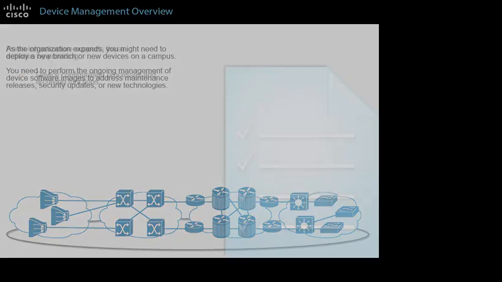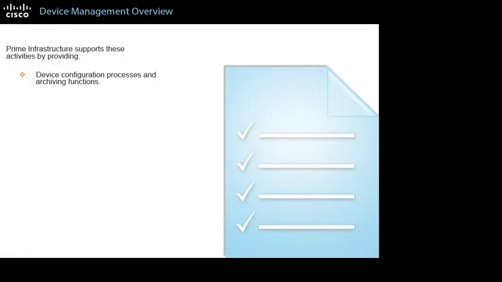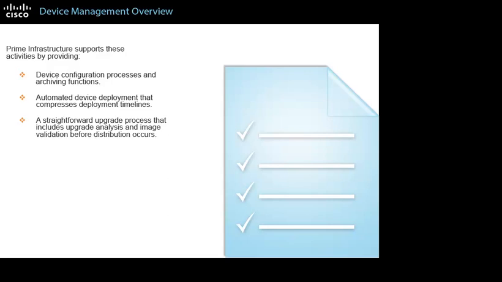technologies. Prime Infrastructure supports these activities by providing device configuration processes and archiving functions that help ensure flexible and efficient device configuration while retaining previous configurations for rollback and troubleshooting activities. Automated device deployment that compresses deployment timelines, expediting the time it takes for devices or locations to become operational. A straightforward upgrade process that includes upgrade analysis and image validation before distribution occurs to help avoid disrupting device or